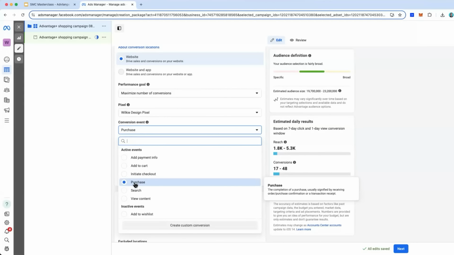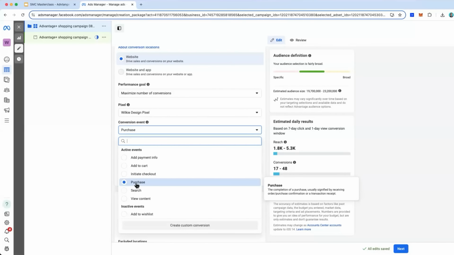However, we could change that to go further up the funnel, and it may be, say, add to cart. Now, more people will do that, of course. There's always going to be more people adding something to your cart than there will be going through and completing the purchase. And therefore, it will get data on the types of people that are adding to cart. But if we ask it to optimize for add to carts, it won't really care how many people subsequently go on and complete the purchase. So for that reason, our recommendation is leave it on purchase unless it's been running for,